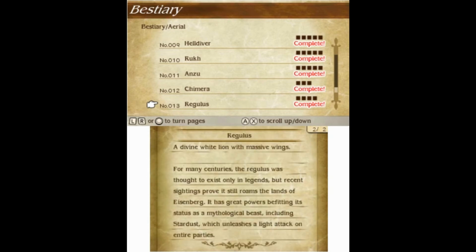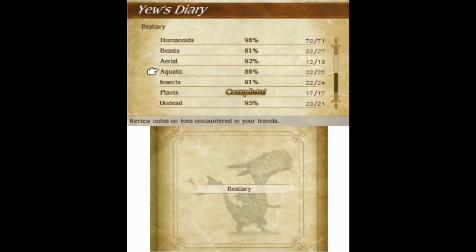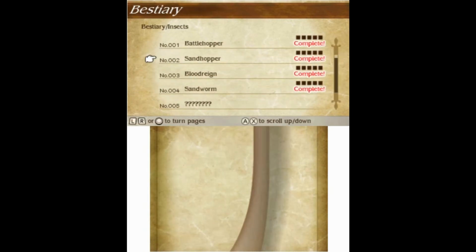I actually didn't know that the fear status could be cured with a remedy. I don't think the games mentioned it until this point. Okay, interesting. And the next one was,